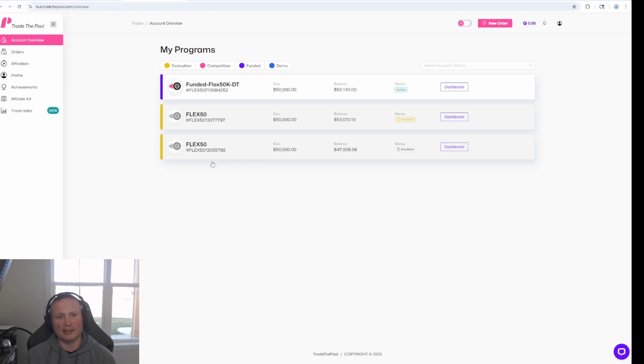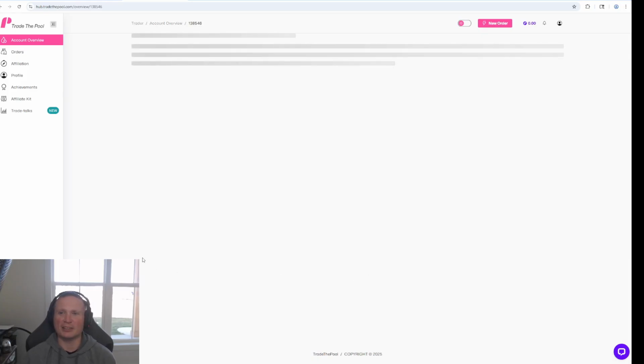And I ended up blowing that account, I think mainly because of the sizing and maybe because of some bad trades, just kind of messing around with it a little bit. Took the second account more seriously here on the Flex 50 and kind of honed in on the sizing that I needed. If we go into the dashboard here, this is what you're going to see in any of your